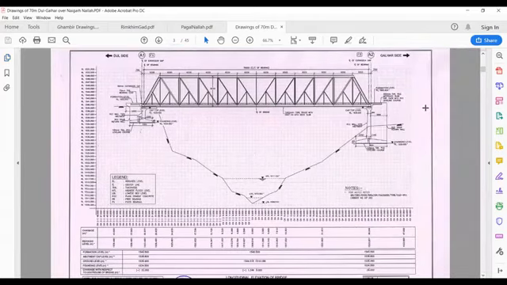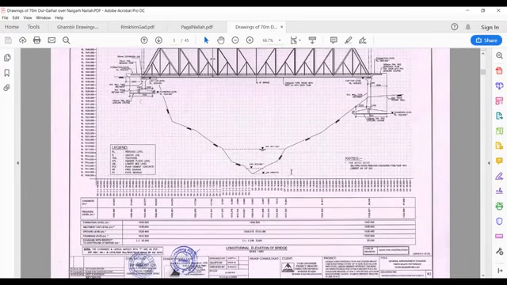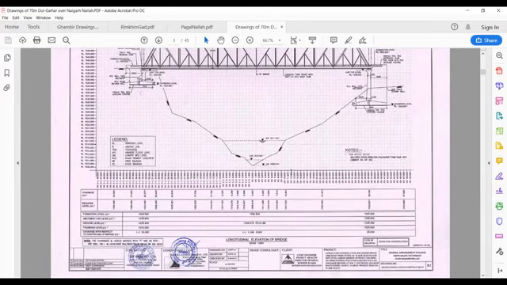Today, I want to discuss how to read drawings. And while we do that, we'll also understand what components bridges generally have, in most of the bridges. Whenever you read the specification of a bridge,